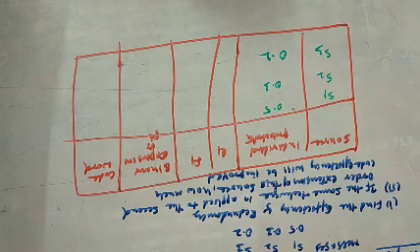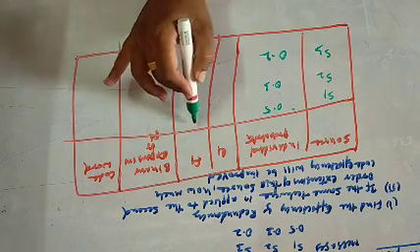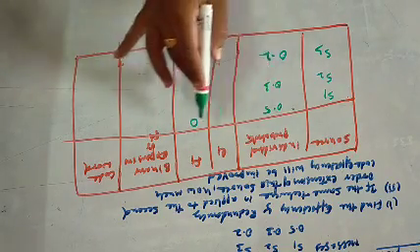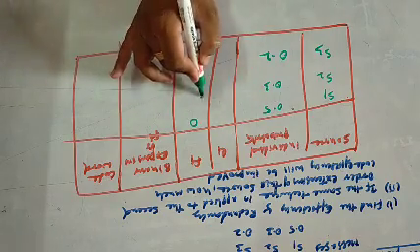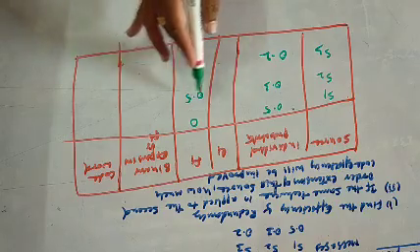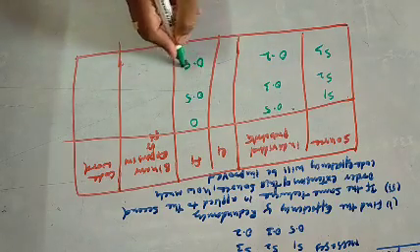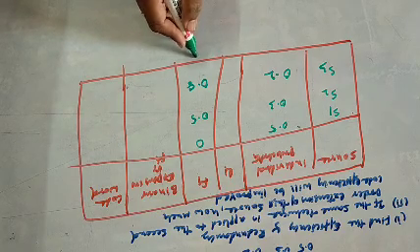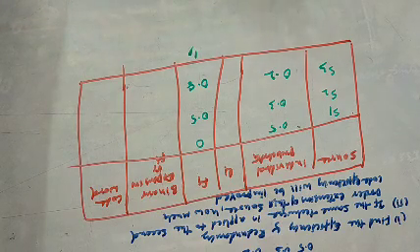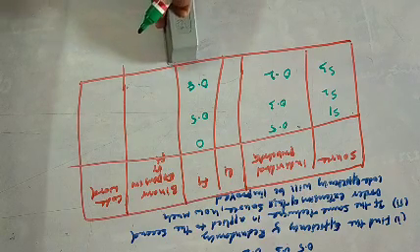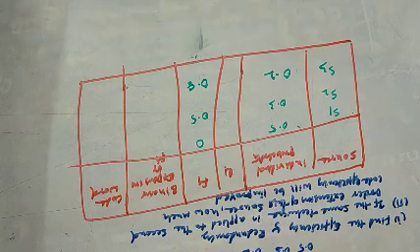First I will find the Fi. F1 should be taken as 0, as discussed in the previous problem. And next F2 is F1 plus P1, that is 0.5. And F3 is F2 plus P2, that is 0.8. And at the end, we know that the sum of the probabilities should be 1. It is here 1. This 1 is not going to be used for the code word. I am just saying that the sum of the probabilities should be equal to 1.